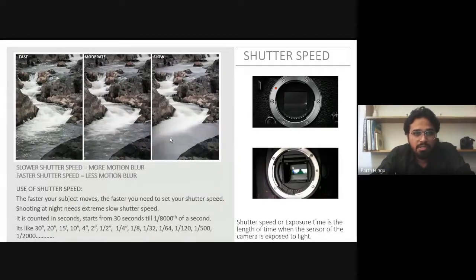So you can get this smooth, cloudy image of the lake. Or if you are clicking any image at night time, you just need to lower down the shutter speed. This is the main thing. If you are seeing an aeroplane or helicopter, you just need to increase the shutter speed so that you can freeze that moment.